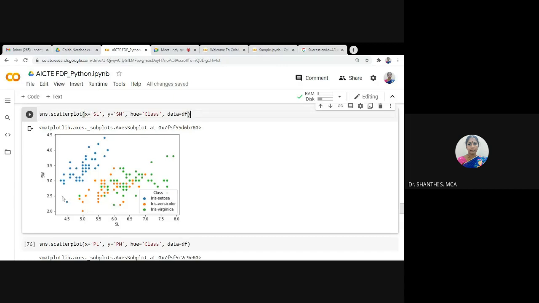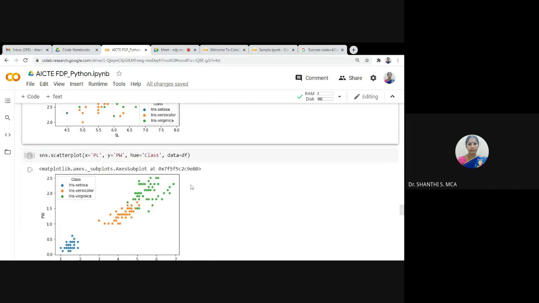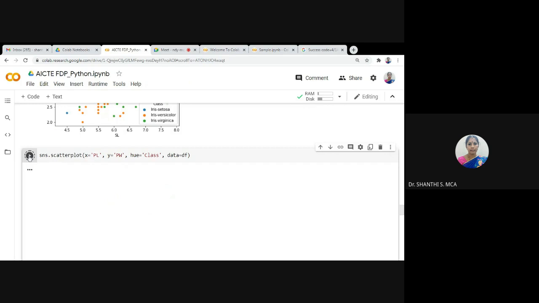So we have to use a non-linear method. By seeing this distribution of the data set, you have to identify what type of method you have to use for learning. So this is the scatter plot with respect to SL, SW against your target class.